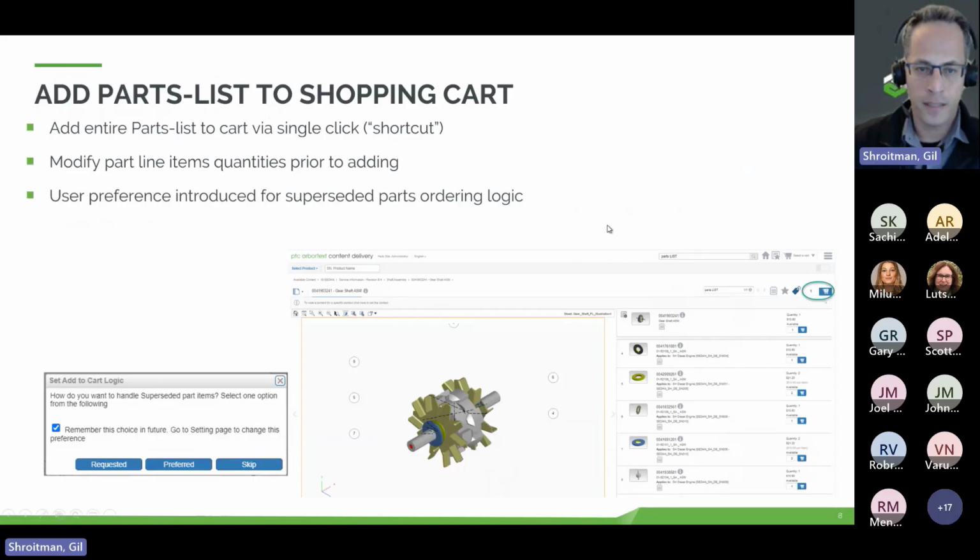Another important kind of improvement that came through 7.2 was the ability to add the entire part list to a shopping cart. It's kind of a shortcut option that allows you to add the entire parts list with the quantities defined. So you can go and change the quantities out of the box or the default quantities that are provided. And then once done, click on that add entire part list